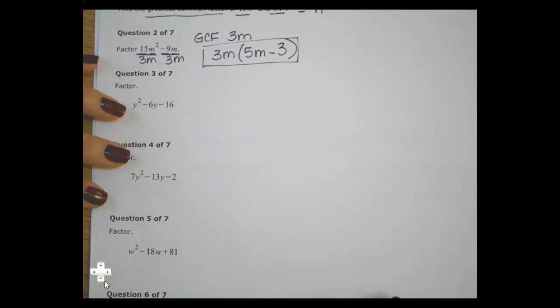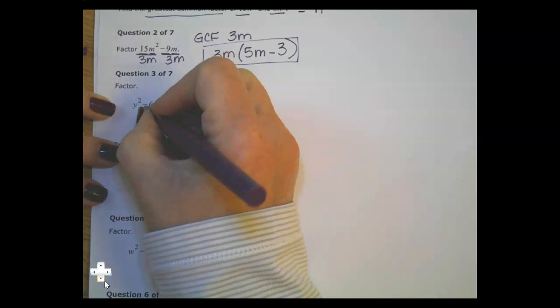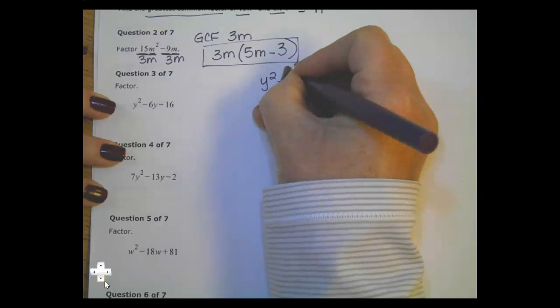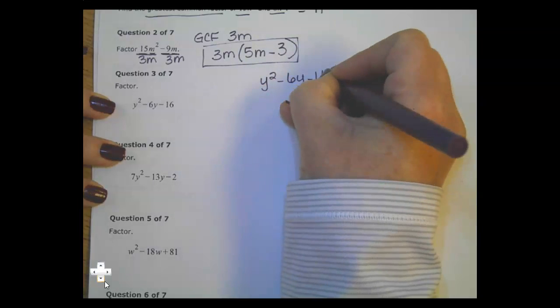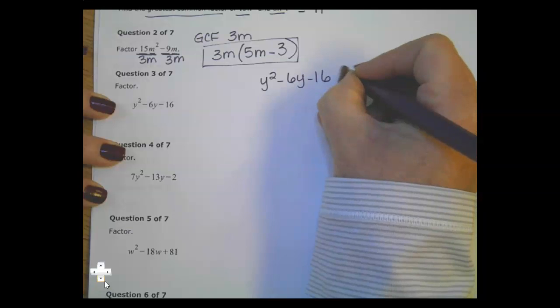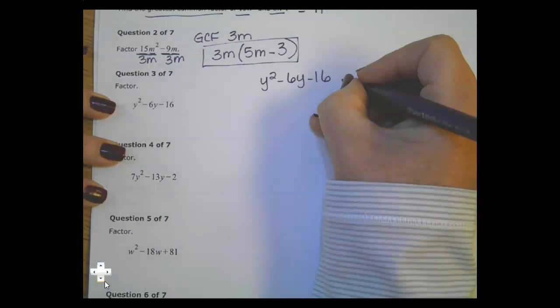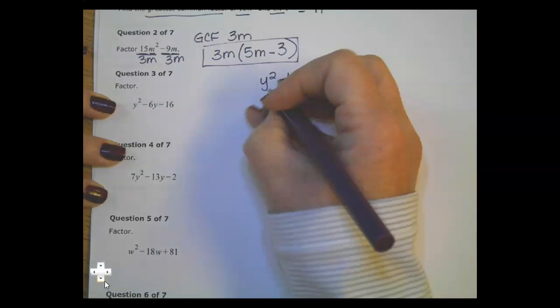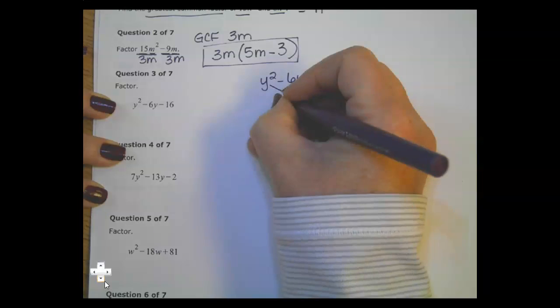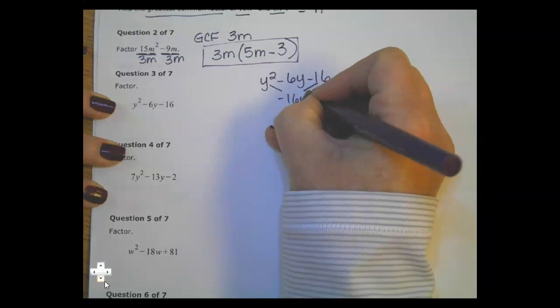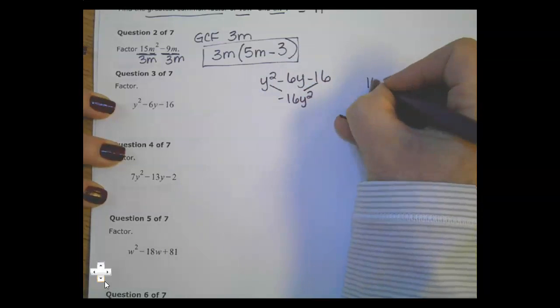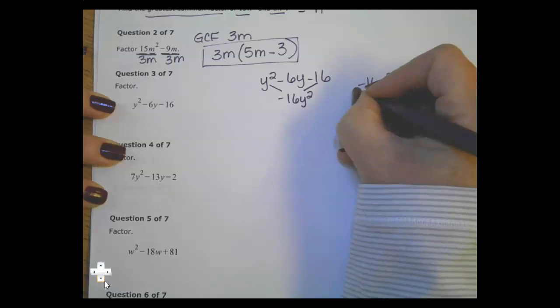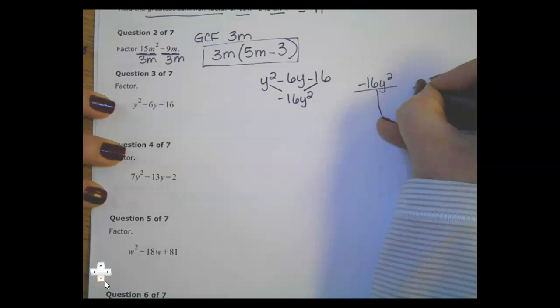Next, factoring a polynomial. So when you have a polynomial that looks like this and they say please factor, make sure it is in this format. If not, make it look like this. So if it equals 0, you can ignore that 0. If there's something on this other side, make sure it all comes back over here. So this is where we multiplied this to get -16y squared. Then we looked at our factors of -16y squared that equal